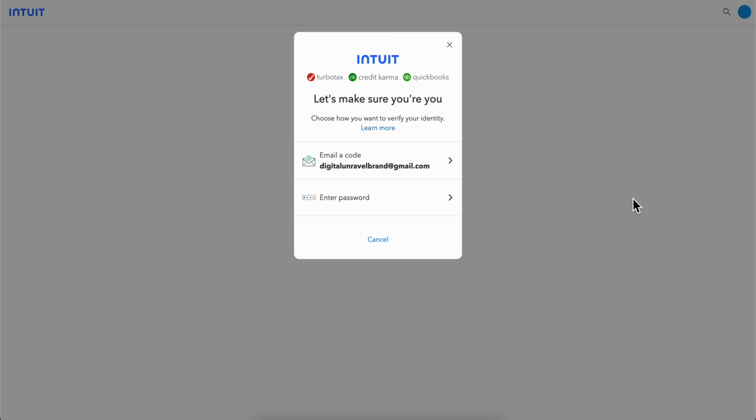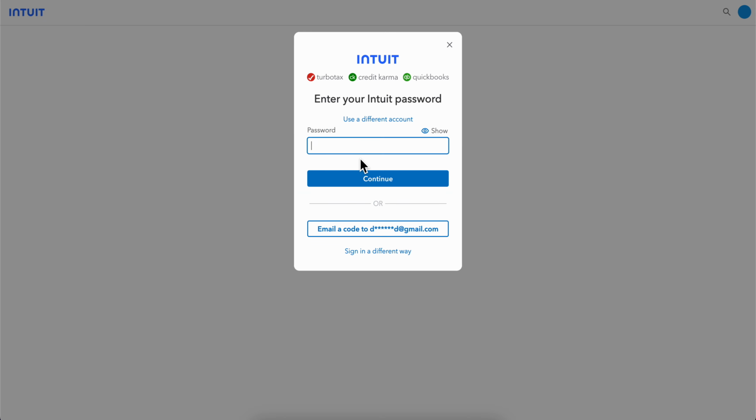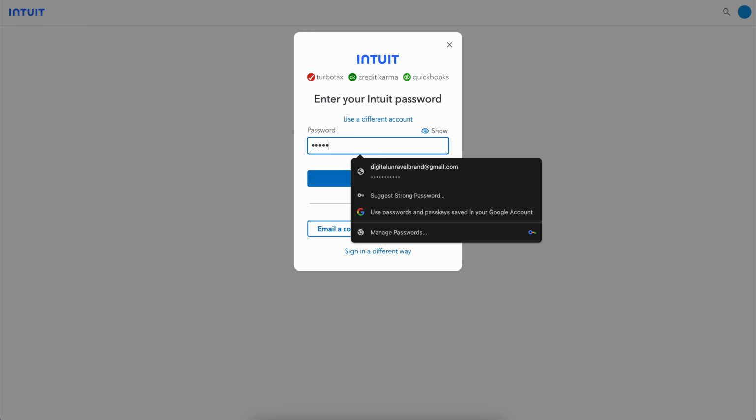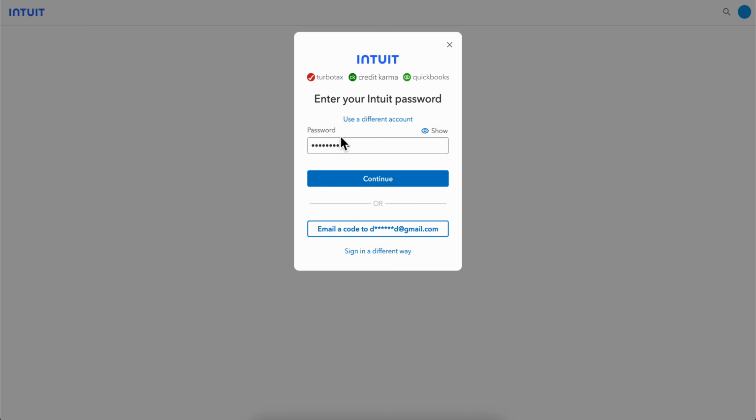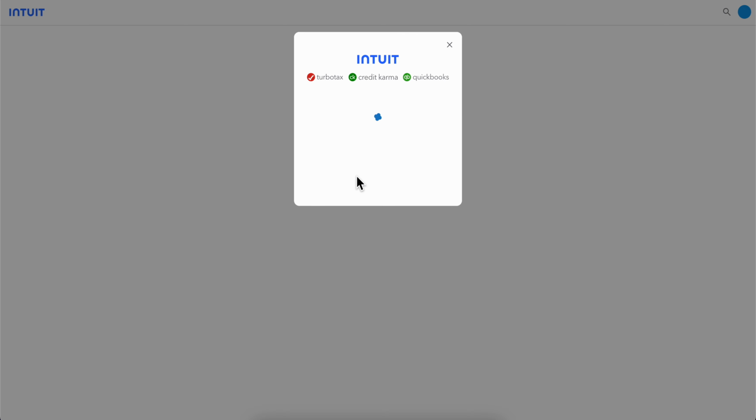And then here you're gonna find all the information as you can see. And what you're gonna have to do, so let me enter my password really fast. And then you're gonna have to simply click on continue. Now the next step is to simply wait until this loads up, and then what you're gonna have to do